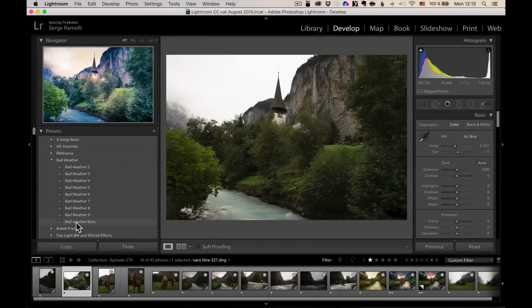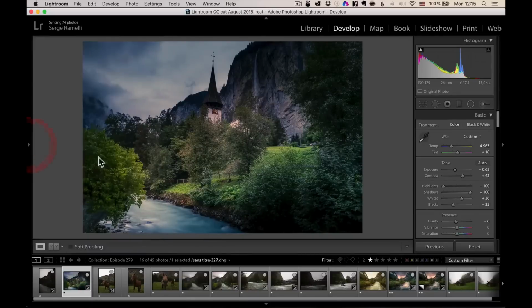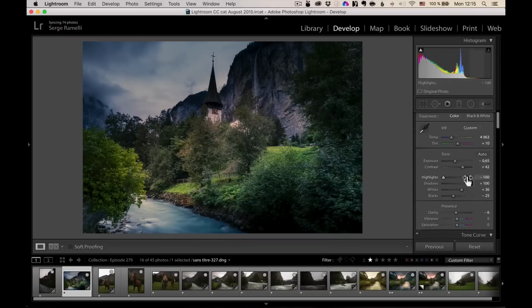Bad weather basic, bad weather 9, 8, 7, 6, 5, 4, 3, 2. So you just look at it and you look at what's happening in this window. You look for something that you like. The purpose of this bad weather one is supposed to give it a basic look. Now, it's just a basic look. I already like it right off the bat here. I already like it, but I think maybe the sky is a little too crazy,